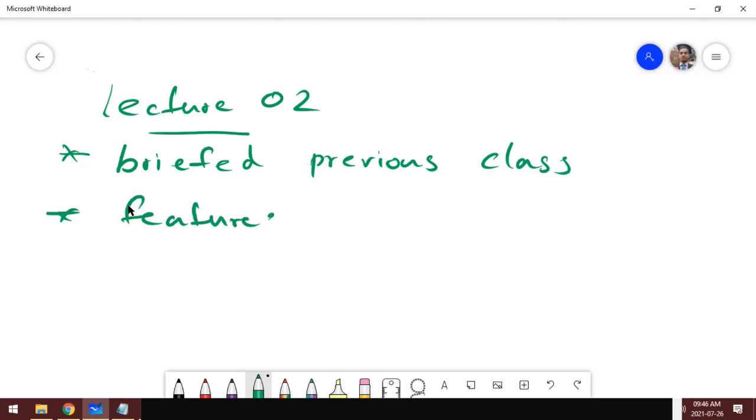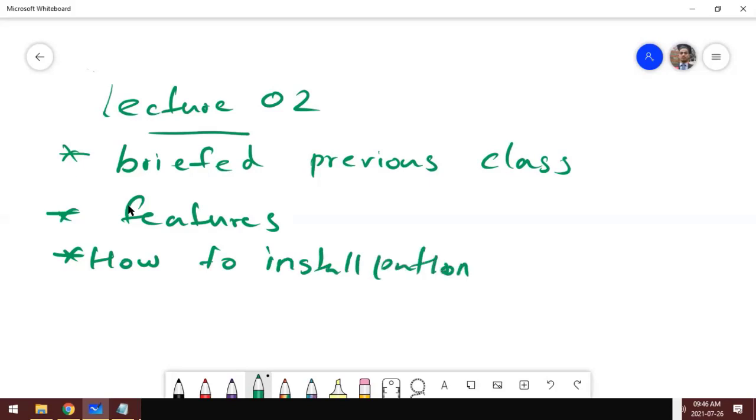What are the features available in Python? And then we showed how to install Python, right? Then we checked how to see whether Python has been installed in our computer or not, right?